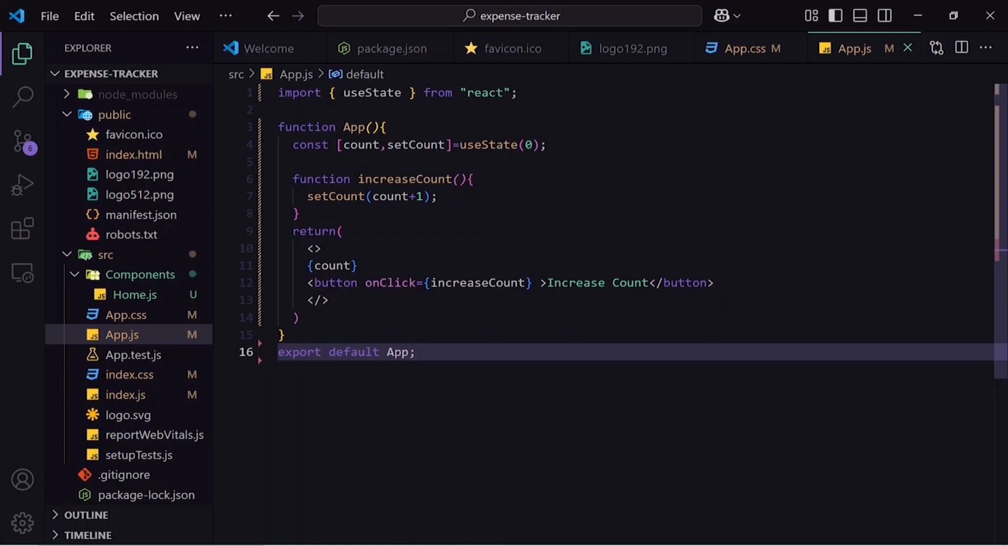Okay, and in this there are three stages. The first one is creation, also known as mounting. The second one is updation, known as updating, and the last one is removal, which is unmounting. So previously in the class component we used to have three different functions: componentDidMount, componentDidUpdate, and componentWillUnmount to track the life cycle of a component. But now in the functional component, all of those three functions are replaced by just one function known as